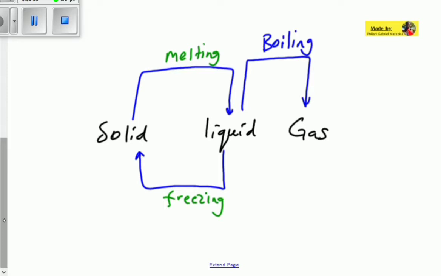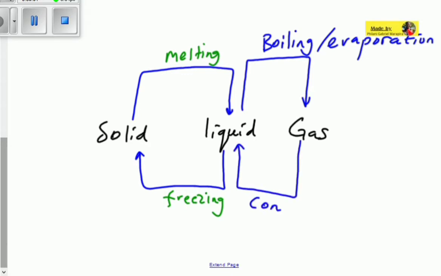So this is also called evaporation, because a gas evaporates. So it's boiling or evaporation. And then we have got condensation that happens in reverse. So this is called condensation, whereby a gas changes to a liquid. So we can actually see that we have covered the solid to liquid, liquid to solid, and then liquid to